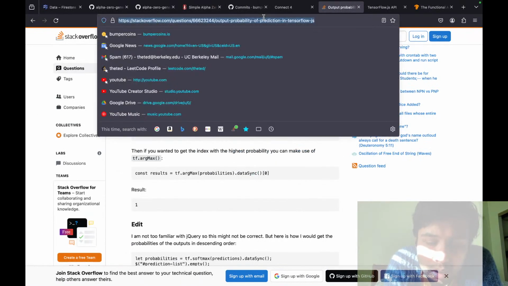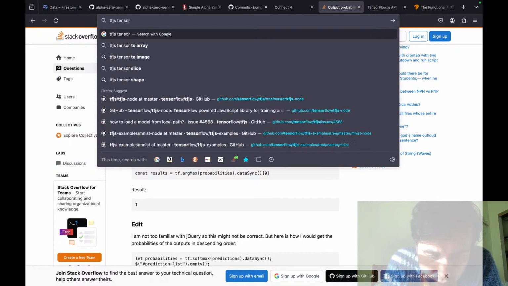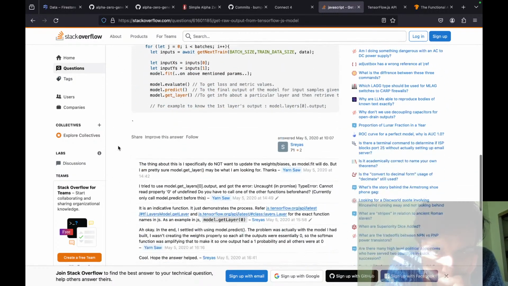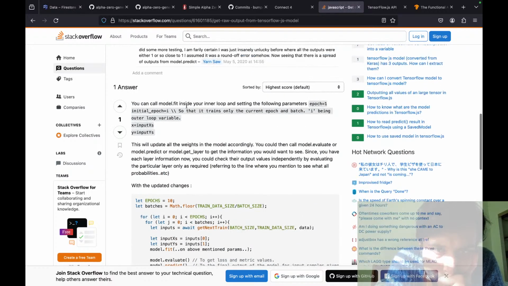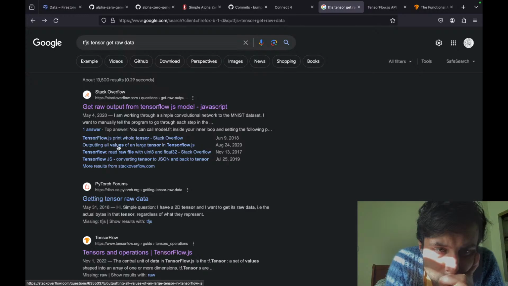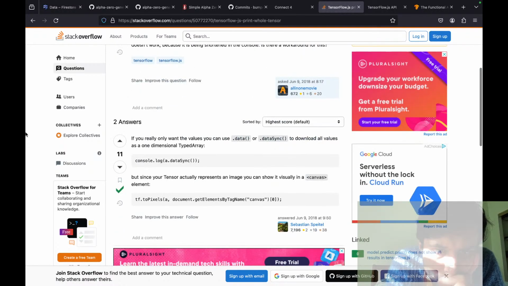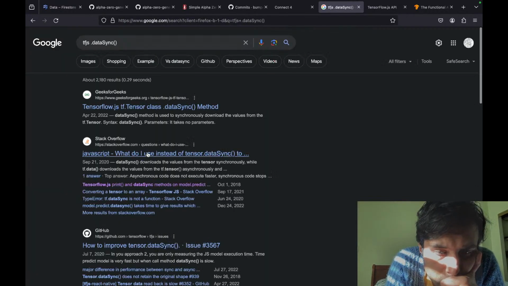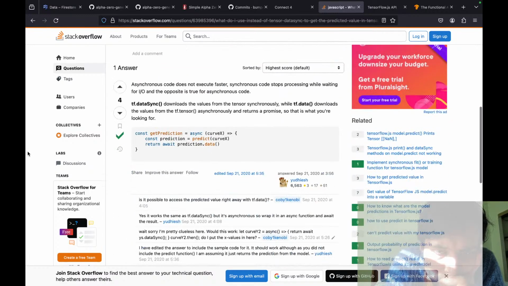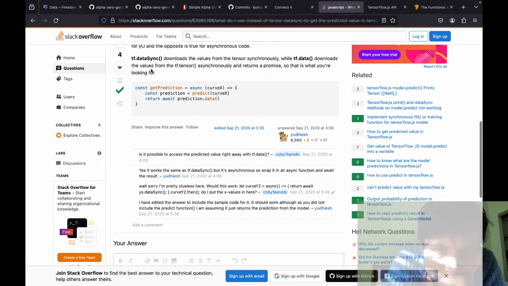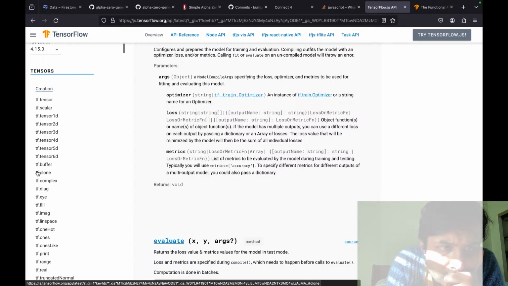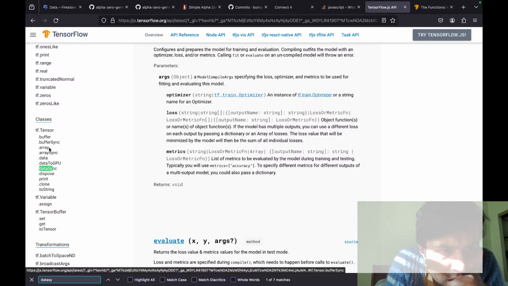How do I get the actual probabilities? tfjs tensor, get raw data. dataSync. tfjs dataSync. I have the documentation here, right?